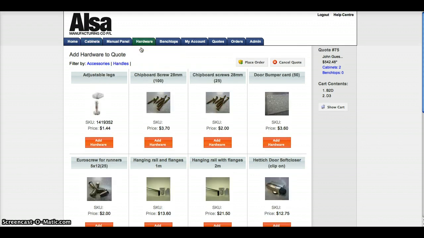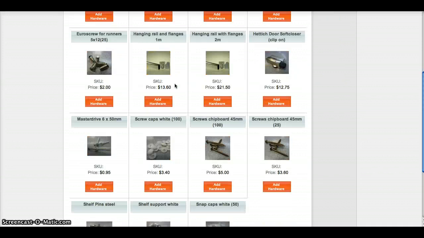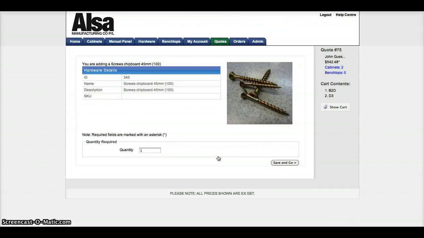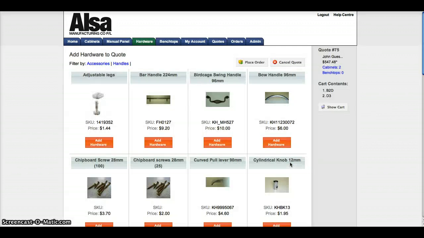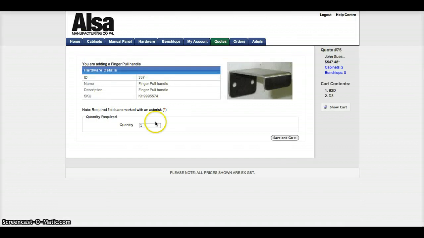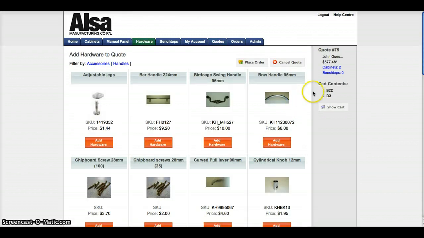accessories, hardware accessories. Click on that, and there's a number of selections here that we might use, 45mm screws to fix the cabinets with. 1 packet of 100. Save and go, and then we also might select some handles. Click on handles, and we will choose some finger pull handles, and we might need 5 of those. Save and go, and we have now got cabinets and